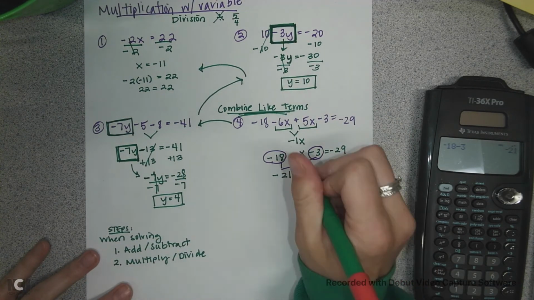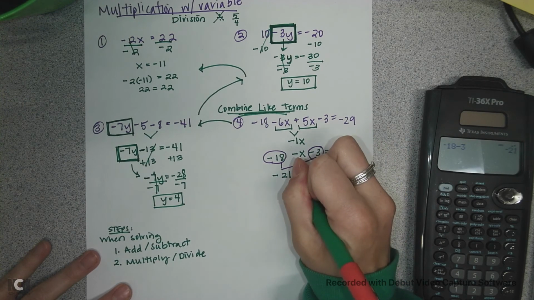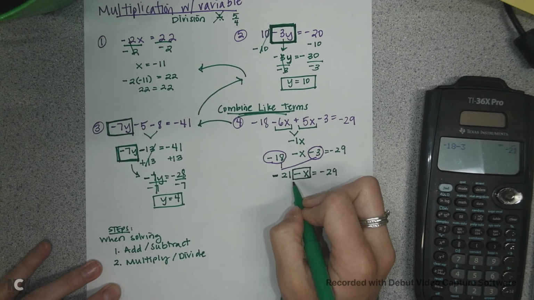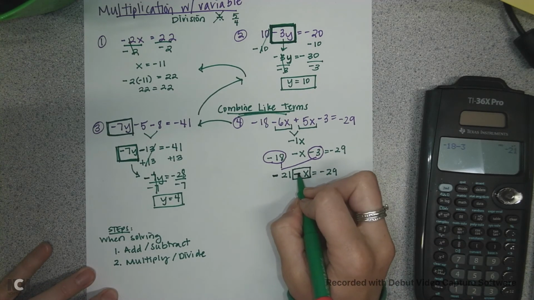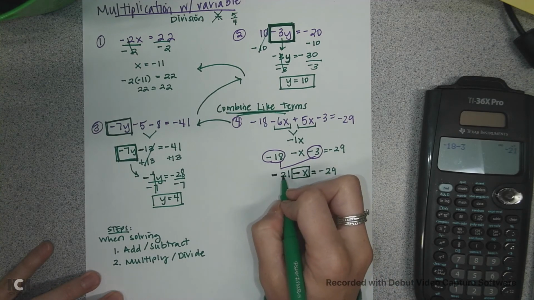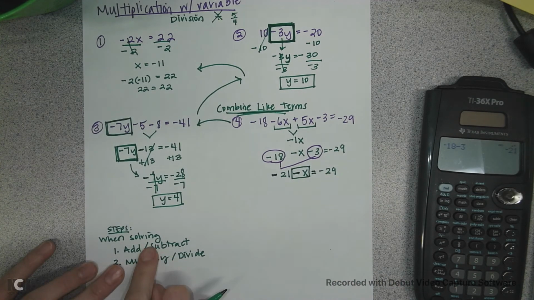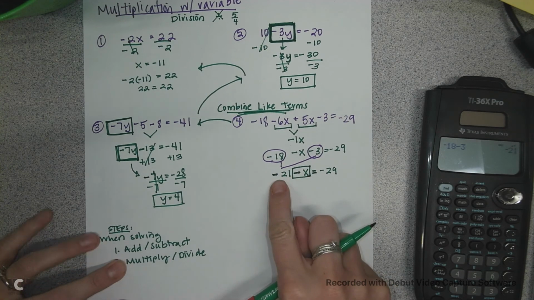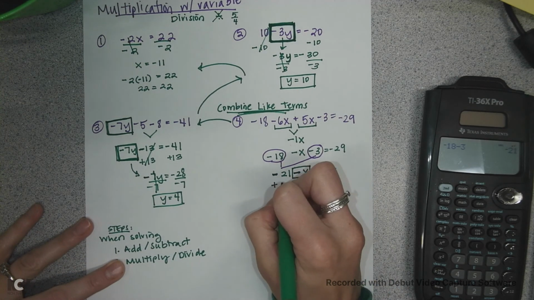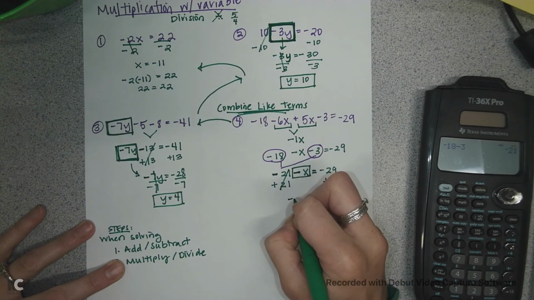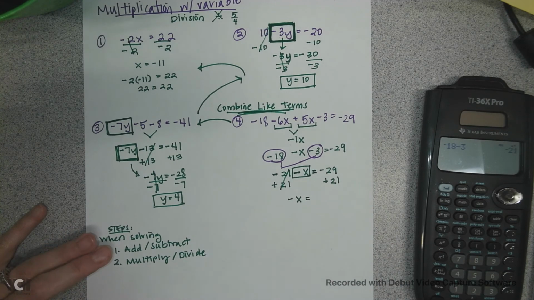Okay, then we need to look at our variable. So our variable is this guy right here. My negative 21 is getting added or subtracted to my negative x, and that will give me negative 29. Since my negative 21 is getting added and subtracted, I want to do that first rather than dealing with the negative in front of the x. So we're going to get rid of this negative 21 by doing the opposite. What we do to one side of the equation, we must do to the other side of the equation. Got to keep it balanced. We have negative x equals negative 29 plus 21,